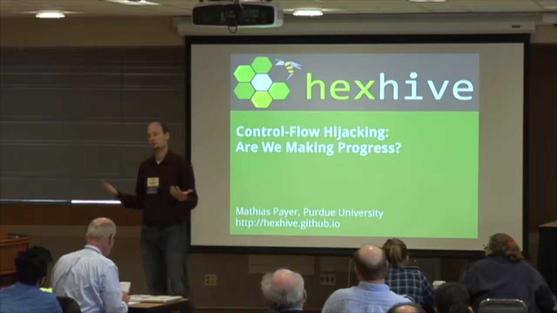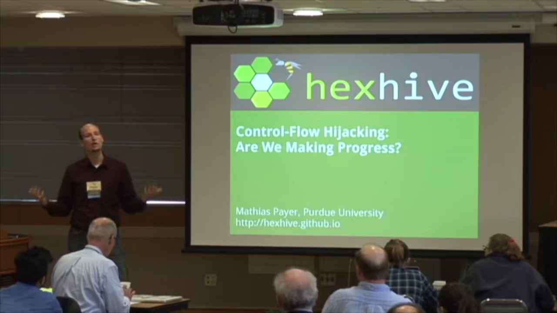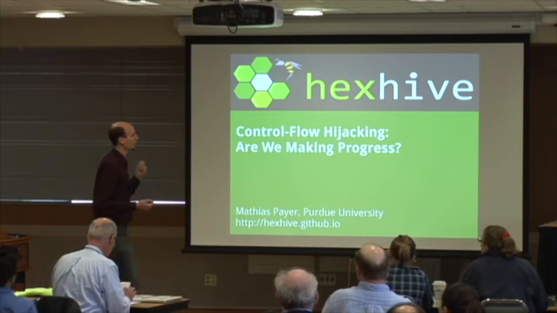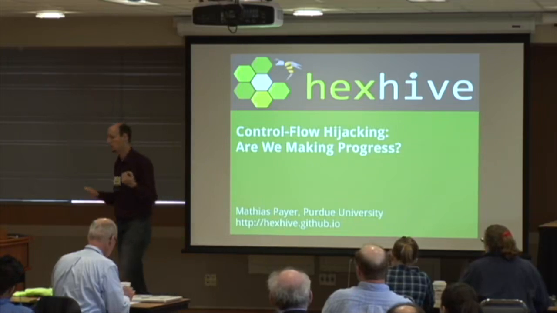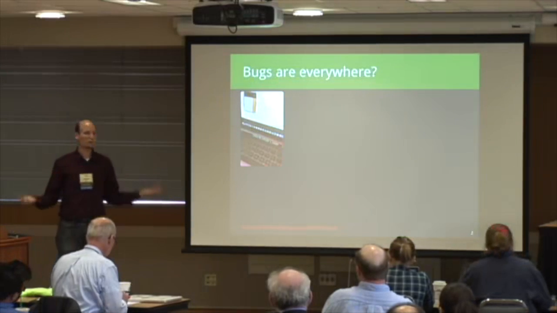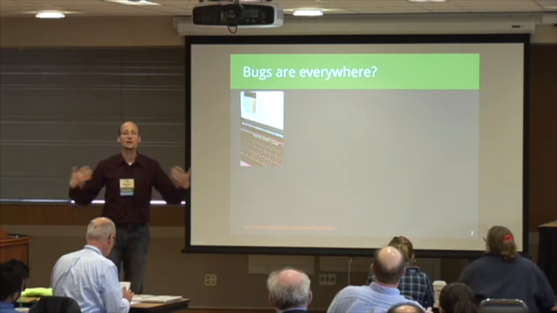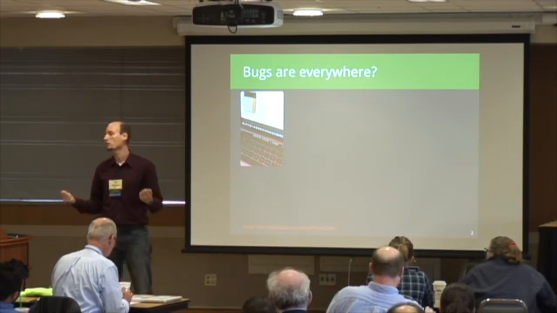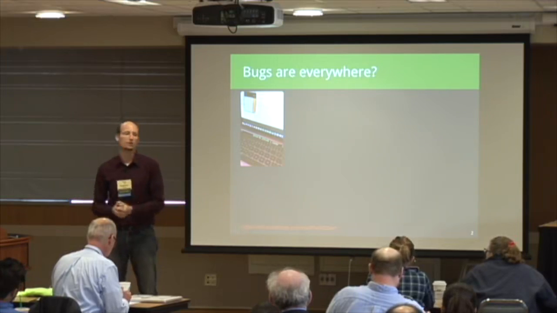And we've likely made some progress, but can we quantify the progress? How much harder is it now for an attacker to gain some form of code execution capabilities in our system? If you look around and read the news, there are pretty much bugs everywhere in our systems. And we are being exploited again and again and again. And it's really hard to quantify or to see if we're actually making any progress at all.